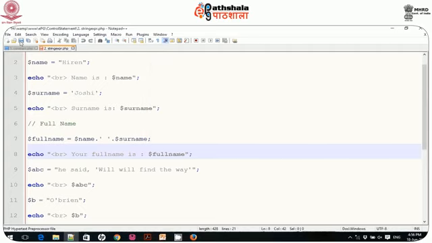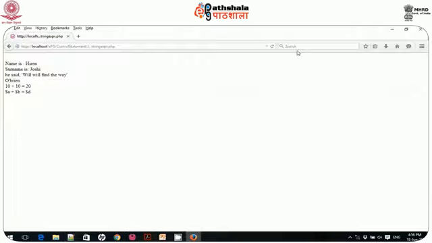Save this one. So the dot operator is used to concatenate two strings. Look at here, it will display your full name is Hiren Joshi.